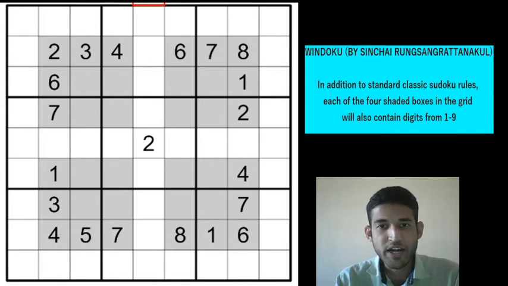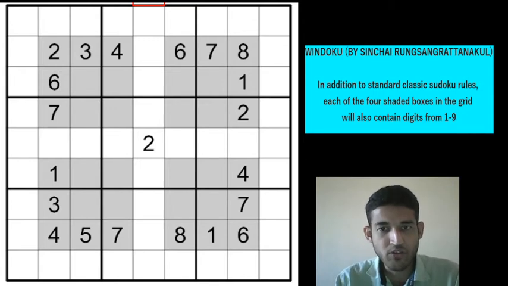I'm Kishore and today we are going to solve a Windoku created by Sinchai for the Daily League. The Daily League is a Facebook group where many authors from all over the world post some really good Sudokus. About Sinchai, Sinchai is one of the fastest top 15 Sudoku solvers in the world and he often participates in World Sudoku Championships and online competitions like Sudoku GP as well. He is an extremely fast and talented solver.